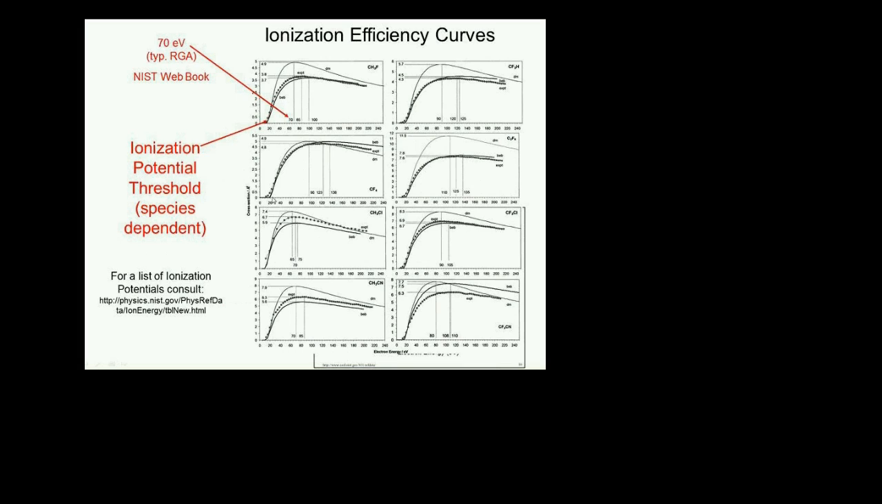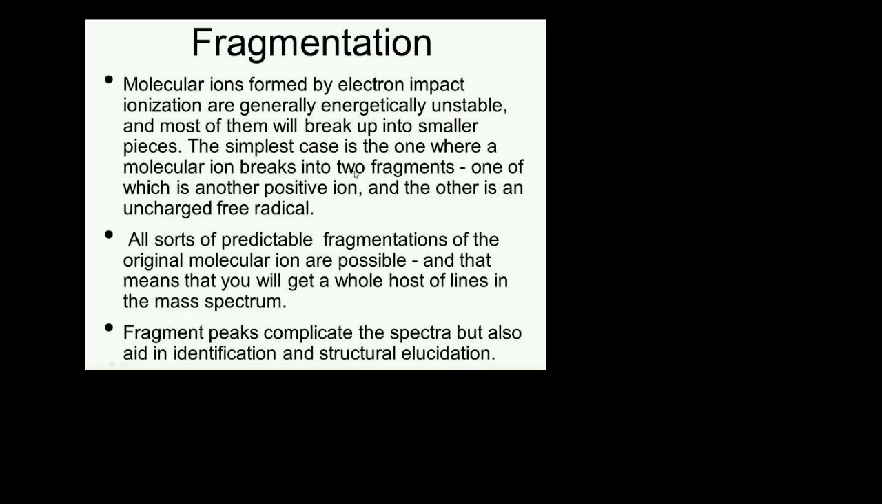What's going to happen too is as the energy of the electrons goes up, and you start hitting the ions harder, the molecules now go from not only forming singly charged ions to now forming multi-charged ions and also undergoing what's called fragmentation. So here's the problem: the molecular ions that are formed by electron impact ionization are